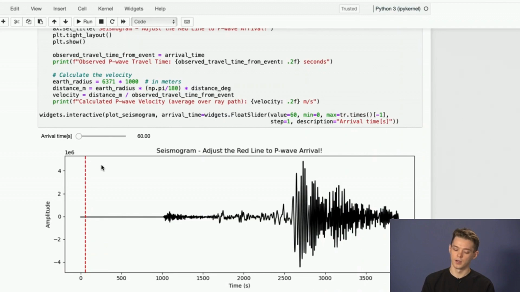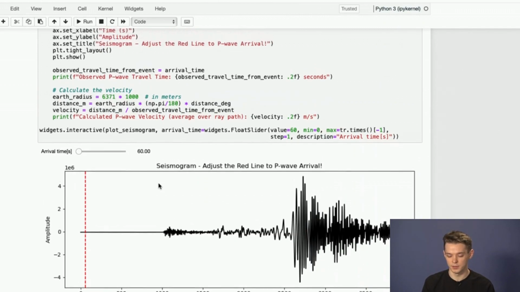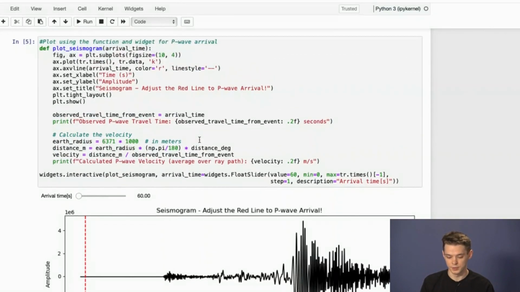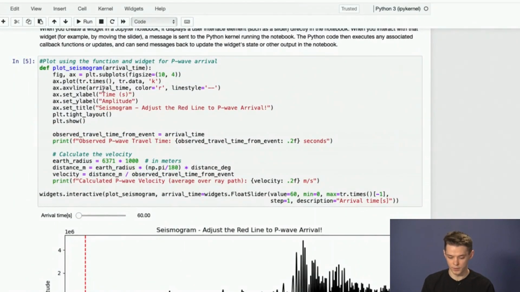It works in a way that every time we move the slider, it takes the value that we choose. In our case, that's the time. So it takes the time, and then it puts that time value into the velocity formula, for example. And each time we change the slider, it updates the kernel. So every time it will give us the updated values of the velocities. So basically what we do here, we define our functions, which are going to help to